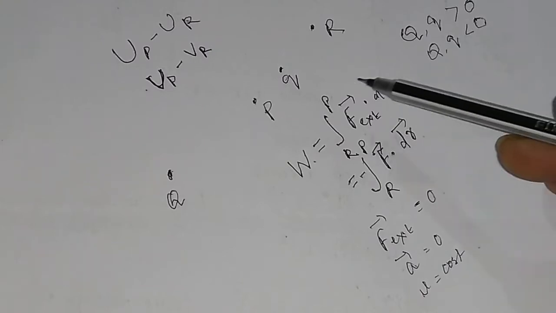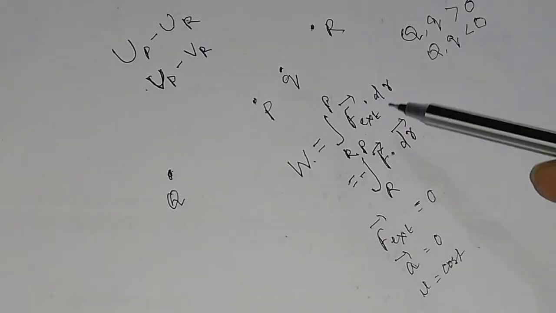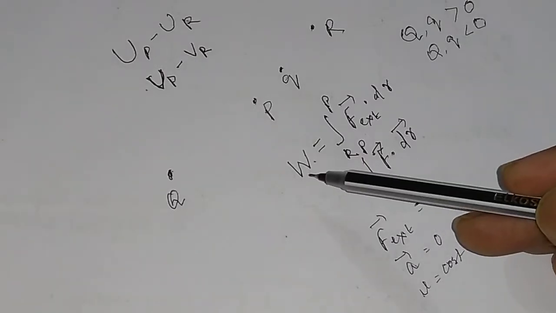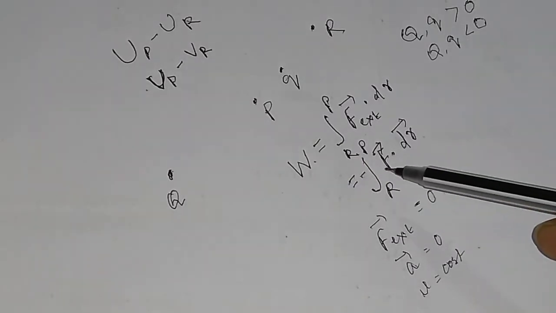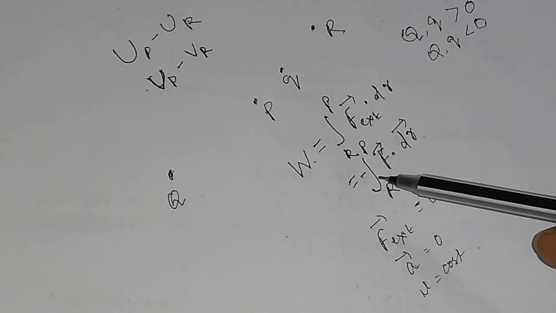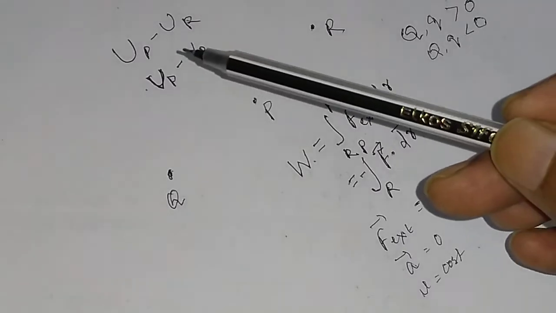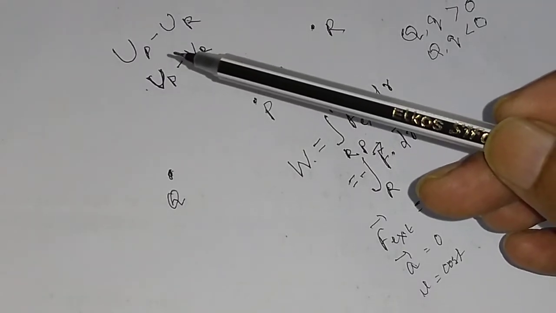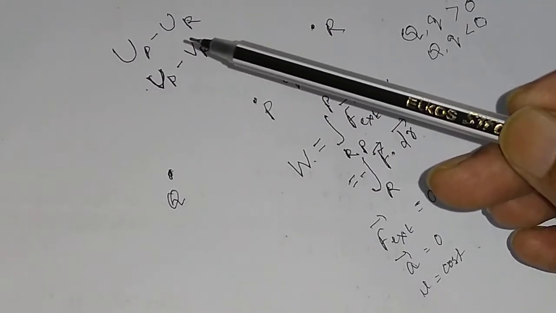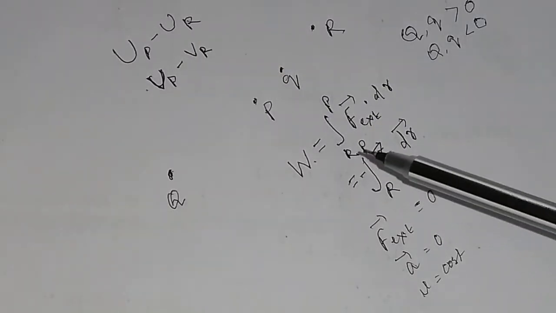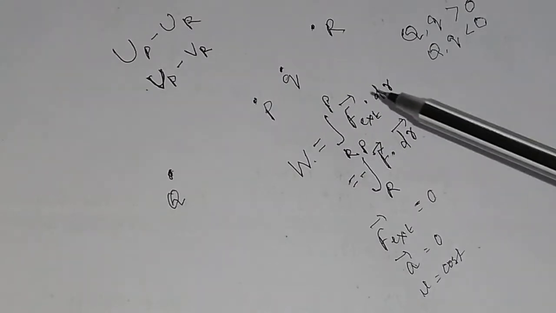In this case the work done by the external force will be equal to 0, and you can define the work done as the negative integration of F dot dr. That is, to define electrostatic potential energy difference between two points, you take this definition only when this factor is equal to 0.